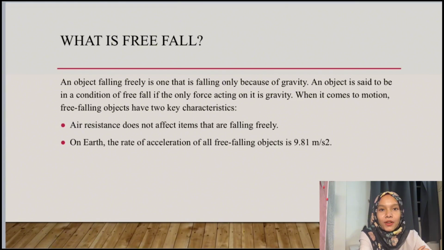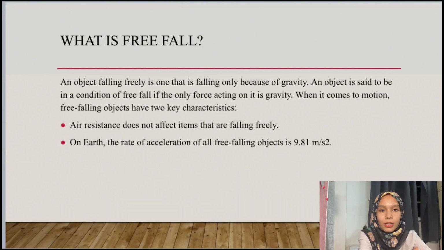So, what is free fall? Free fall is when an object falling freely is one that is falling only because of gravity. An object is said to be in a condition of free fall if the only force acting on it is gravity. When it comes to motion, free-falling objects have 2 key characteristics: first, air resistance does not affect items that are falling freely, and second, when on Earth, the rate of acceleration of all free-falling objects is 9.81